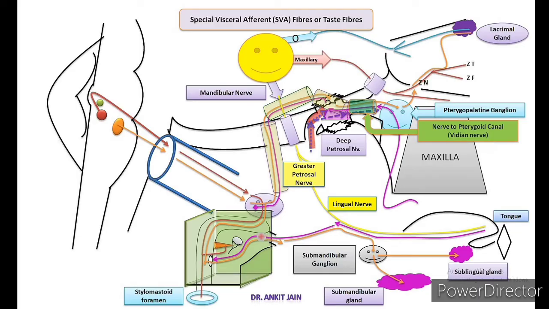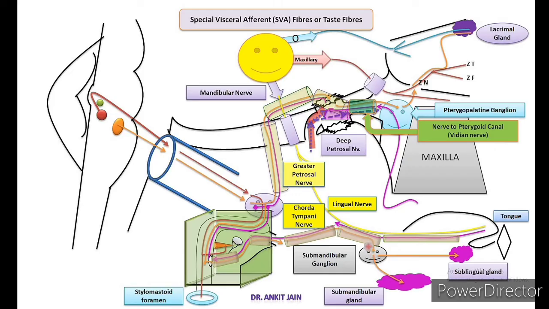Then they cross the tympanic cavity and enter into the mastoid part of the facial canal through the posterior canaliculus. Now these fibers move upward and pass through the tympanic part of the facial canal and enter into the geniculate ganglion and relay here. Here, these taste fibers and secretomotor fibers together are known as the chorda tympani nerve, which extends from the posterior